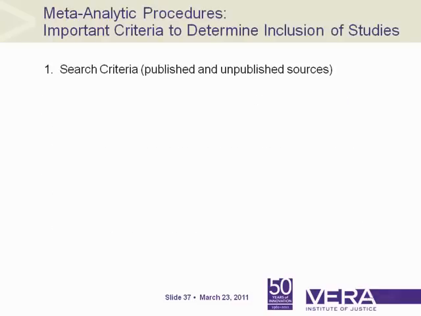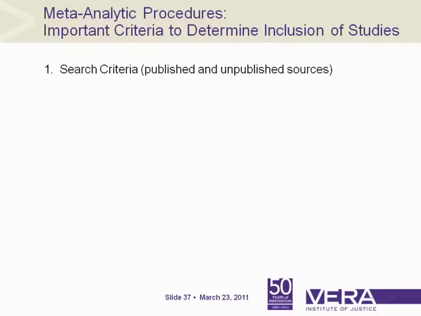So I'll go over important criteria that the Institute uses to determine the inclusion of studies. We generally tend to take a conservative approach. All the recommendations I give you today are just based on what it is that we do. But when you're doing meta-analysis, these are guidelines and the most important things to consider.